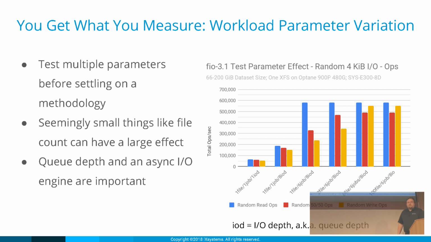All right, well, if 2 files is good, let's go to 6 files. Why not? Random number. Pulled it out of my hat because it matched the number of jobs. So again, everything else stays the same. We just increase the number of files that we're running this workload against. And now our write performance is right up near the read performance. We've gone from 350,000 ops per second, now we're up to 550,000 ops per second with our writes. The mixes are still lower, that's pretty normal, especially on a solid state device. We get the bathtub curve, is what we call it.